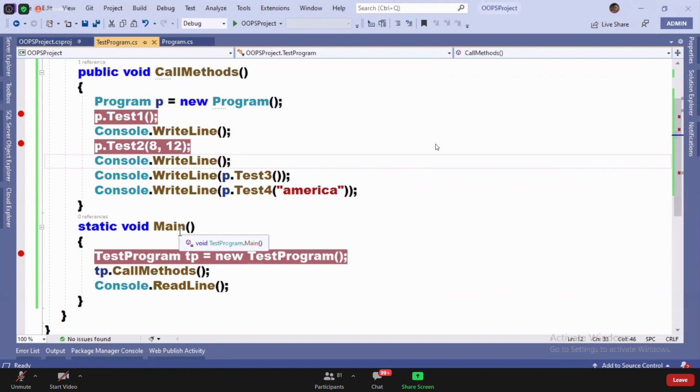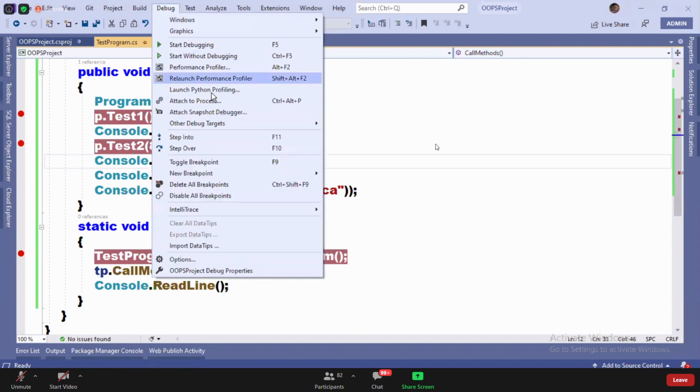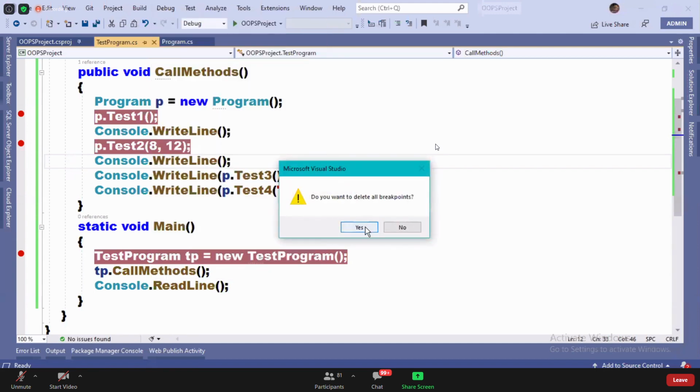You have placed a set of breakpoints, and if you want to remove all of them, you can go to the Debug menu and find Delete All Breakpoints, Control plus Shift plus F9. All the breakpoints are deleted.